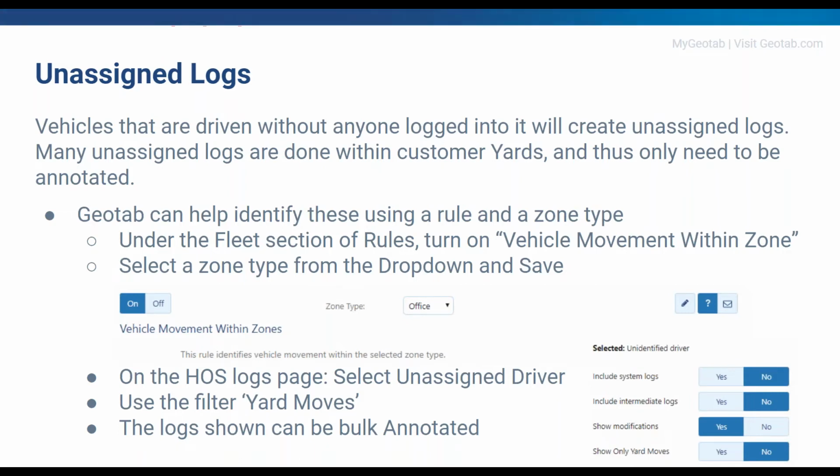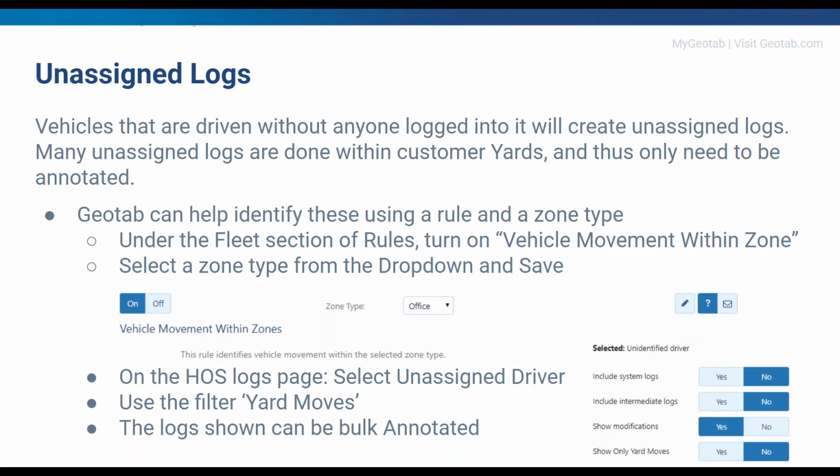The reason that we have to do this particular mechanism and we have to have you do a bulk annotation is because the FMCSA said that we couldn't automate all of this. We did ask, and we asked a couple times in a couple different ways because we thought it would be way easier if you could do it just automatically. And they said that you had to have at least a human press at least one button. That's why we have the bulk annotation piece as the final step.